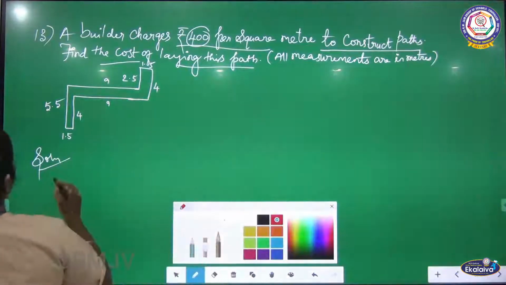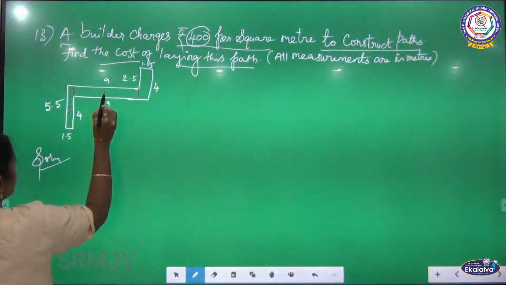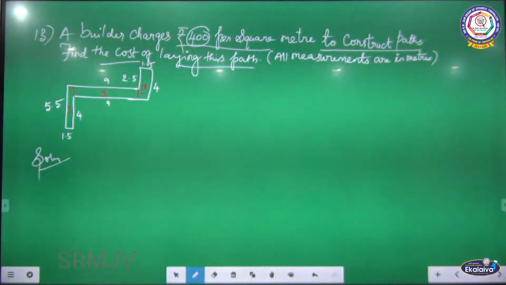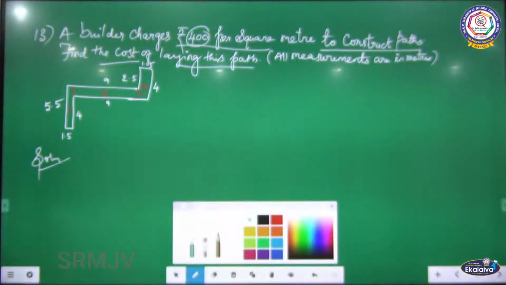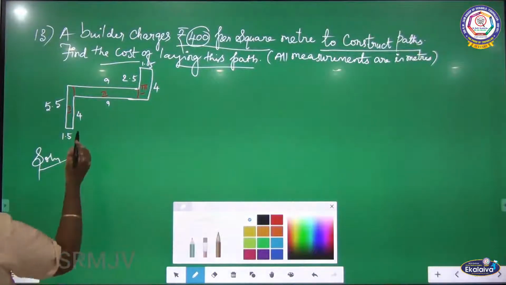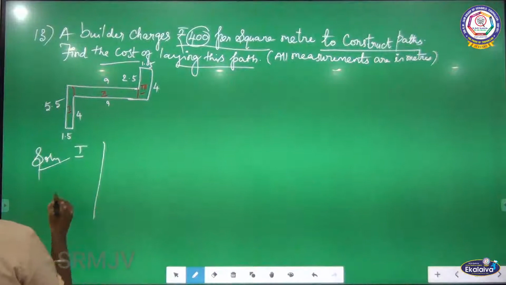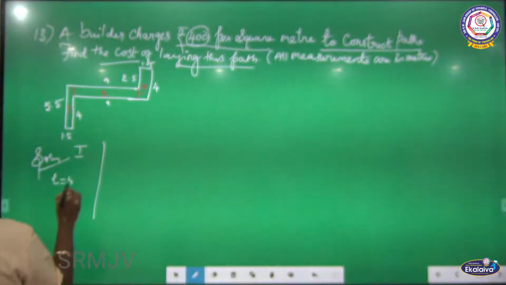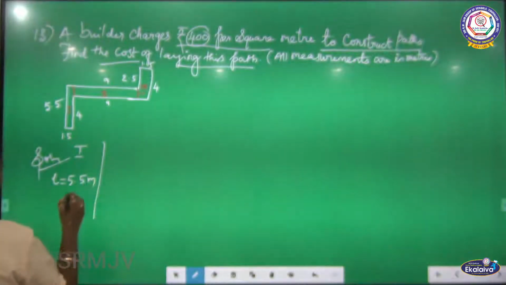Listen, I can split it like this. This is rectangle 1, this is rectangle 2, and this is your rectangle 3. Got it? Now I am going to write my length as well as breadth. See your length. Length is equal to 5.5 meter, and the breadth is equal to 1.5